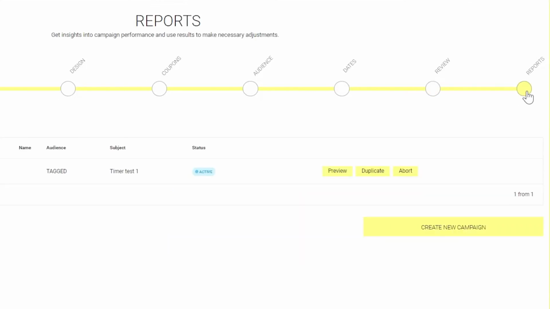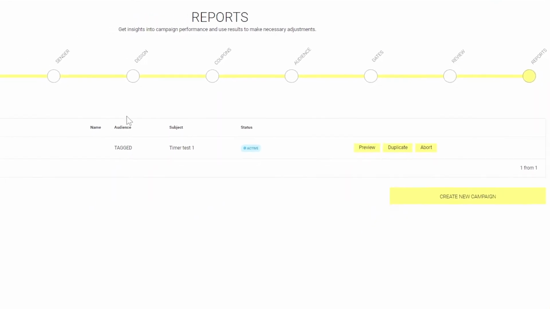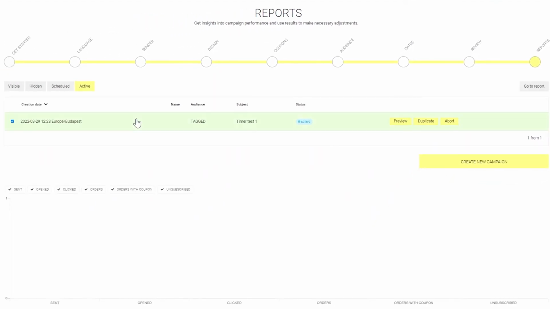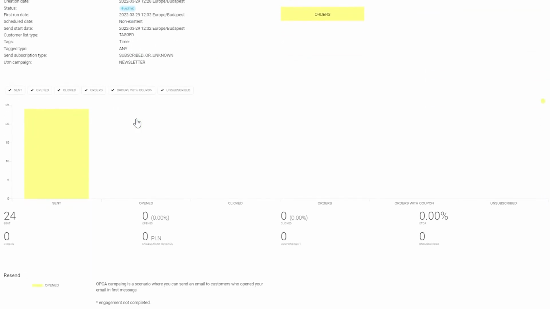When you create the next newsletter, all you have to do is click the Duplicate button and the whole creation will be duplicated, so you can easily change graphics and newsletter text to fit the new message you want to send. If you want to see reports of your newsletter, click on it and scroll down for results, like